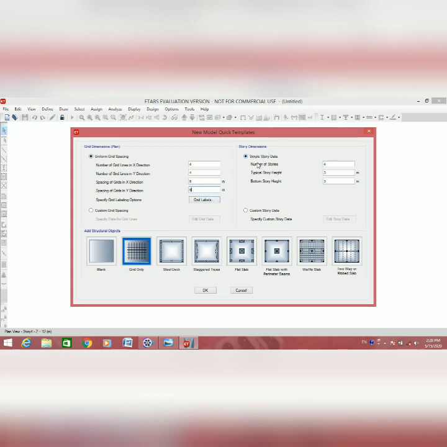Go to the story dimension, select the number of stories 23, and go to the custom story data.